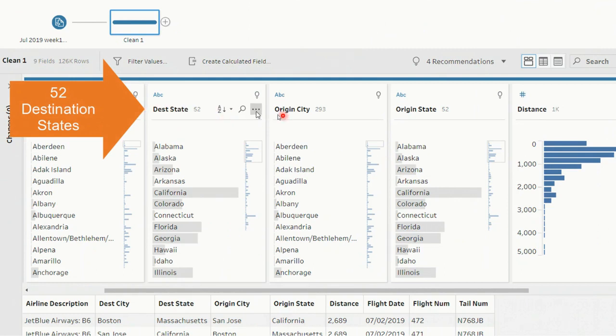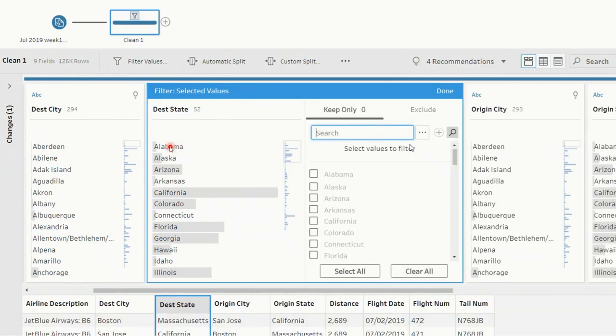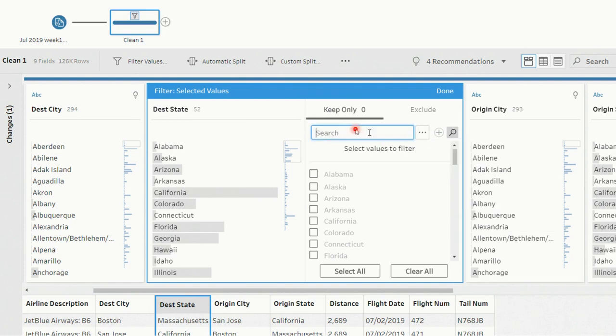Here in the destination state, I just want to filter using the selected values. So click on selected value and you can see what options you want to keep or which you want to find with starts with. Click on starts with and click new, and if you press enter you can see various options.